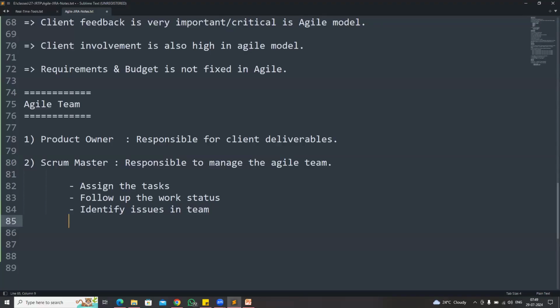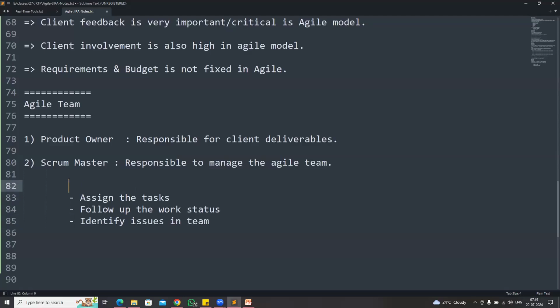Scrum Master is responsible to manage the Agile team. He is going to manage the stories in the Jira. Okay, manage Jira, assign the tasks to the team, assign the tasks in Jira. Okay, follow up the work status with the team, who is working on what. What is the project status, what is the work status, he's going to follow with the team, identify issues in the team. Okay, so if any help is required for the team, then our go-to guy is Scrum Master